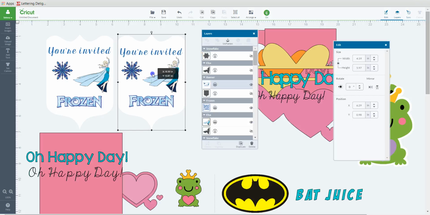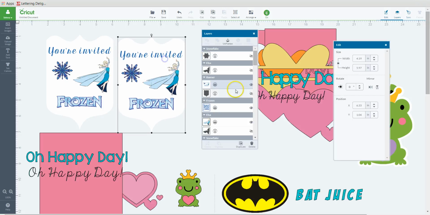Okay, now this is all flattened together. As you can see, well, it's kind of hard to see, but you can kind of see that all of these layers are combined into one. So when I click on go,